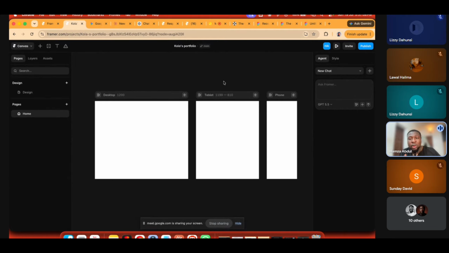So now, for this demo, we are going to be using AI. There are two ways you can use AI. You can use the AI here. This AI didn't used to be here, but they added it because of something called MCP, where people have been using AI to build websites, but not in Framer. You connect your Framer to your AI chatbots, and you build from your AI chatbots. Framer said, if we let this continue, people will be leaving our product. Why don't we bring AI into our product? So that's why we have this over here.